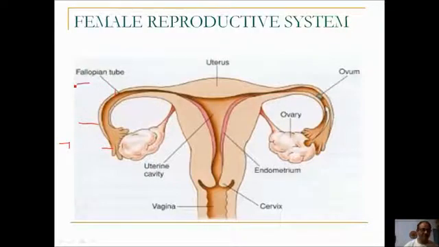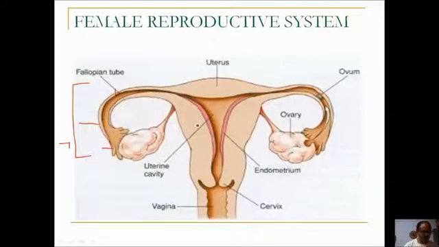Together these three parts are called the fallopian tube: the infundibulum, the ampulla and the isthmus, and the hair-like projections are the fimbriae. This fallopian tube then gets